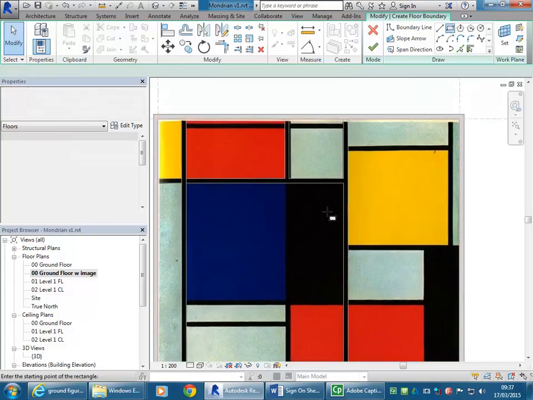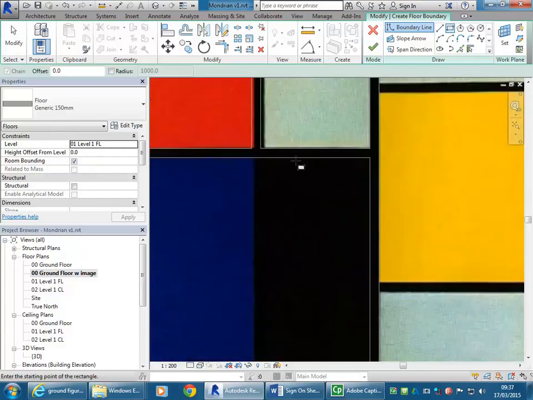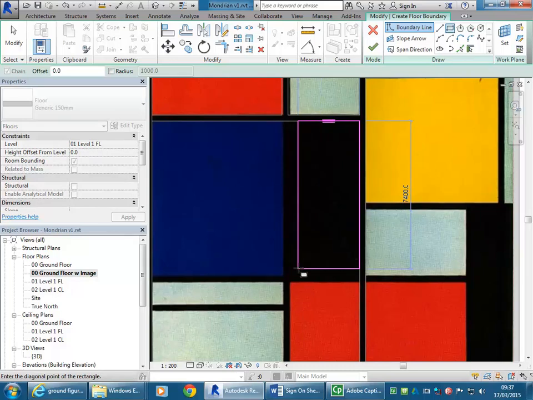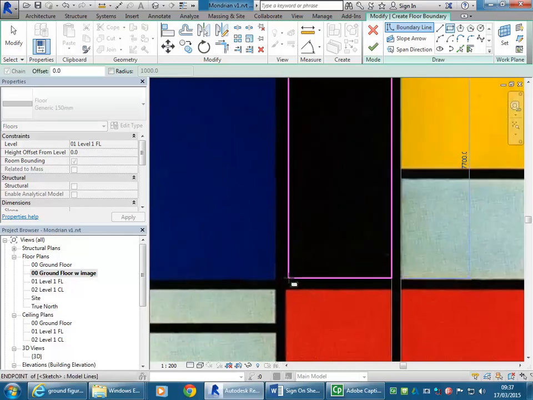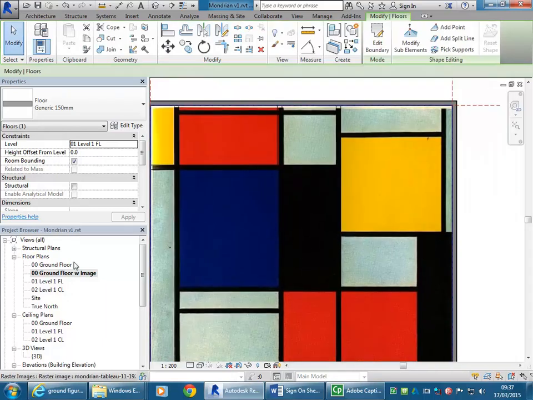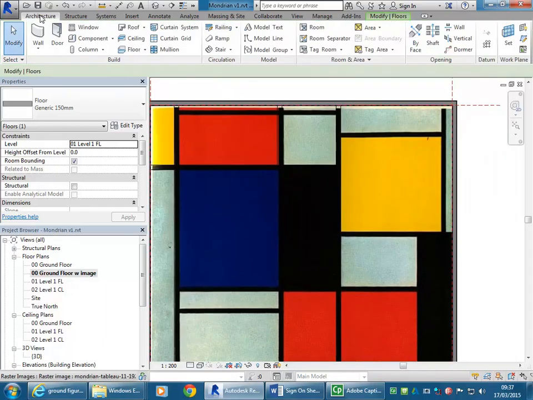So I can still use the rectangle tool to create my floor, tick to finish, and then I'll make some walls